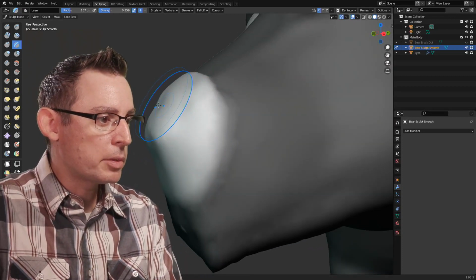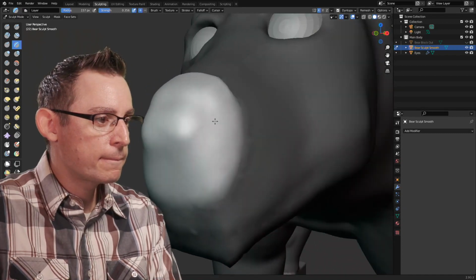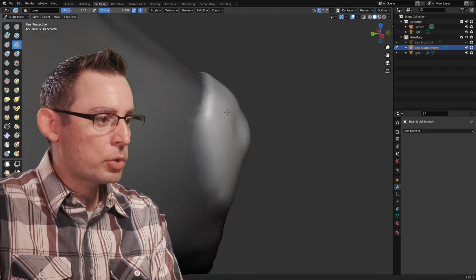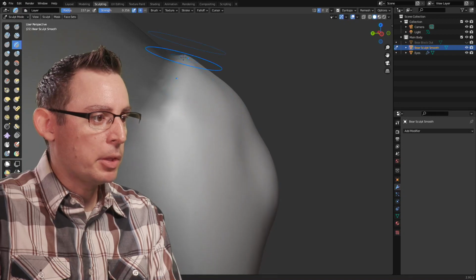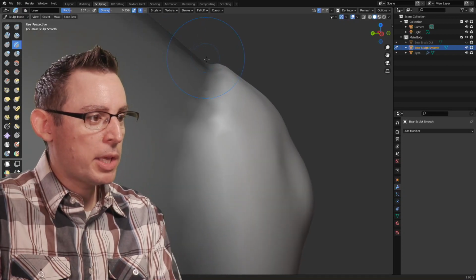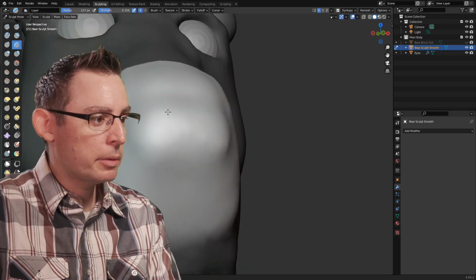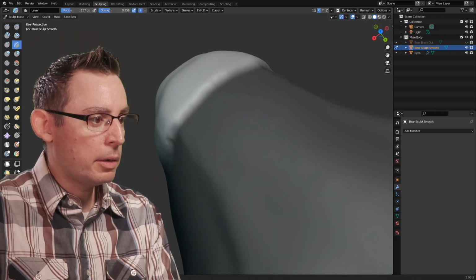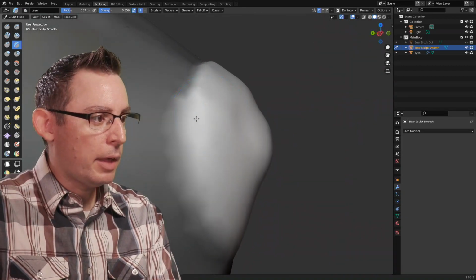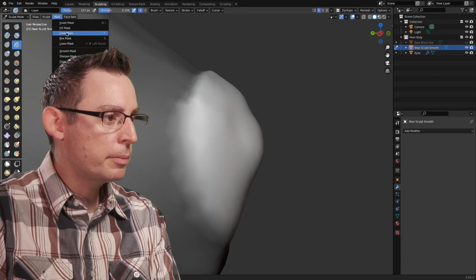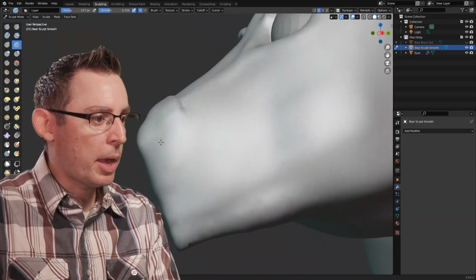Lost some volume and some shape here. Yeah. Now what I'm trying to capture is something that looks like this. See how it slopes down and then bumps up a little bit? Let's see if I'm getting that on this side. Yeah, I think I am. Let's clear the mask and see the result. Yeah, not bad. It's a good start.